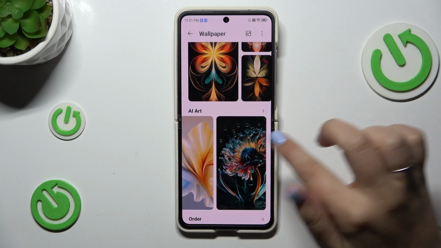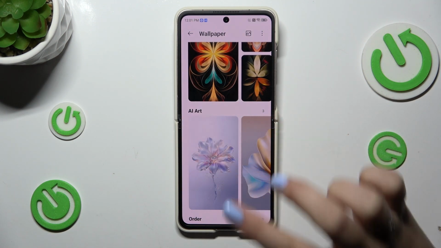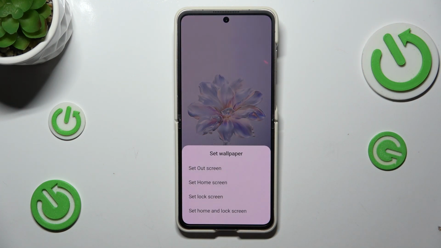So let me choose maybe something from the AI art. Here we've got 3 options, so let's simply tap on it to open it on the full screen. And if you're happy with your choice, just tap on Set As, and now you can set it as the